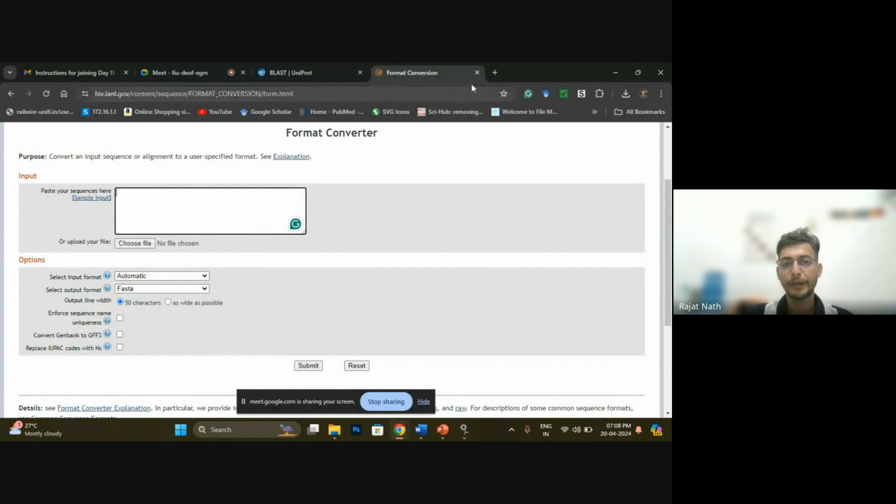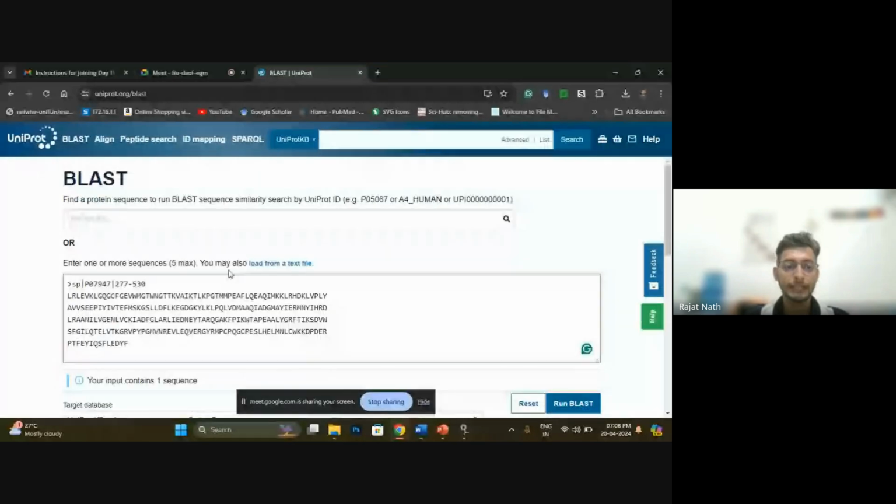But you do not need any tool to convert the format because you have the sequence, just in the first line you give one greater than sign, write SP, give one dash and